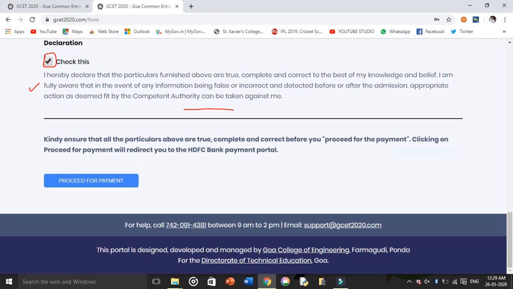Now the next thing is to go to proceed payment. Even if you are not willing to do the payment right now, you have to click on this button so that all that you have done here gets saved. Otherwise it won't get saved. So click on this button. After you click on it, it will take some time and then take you to the